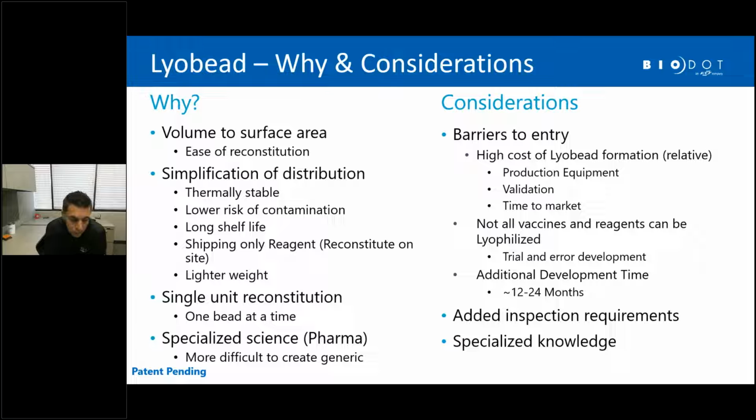But when you start to think about an individual bead as opposed to a cake, there's some pretty interesting aspects to that geometry that can really help. The first and maybe most obvious is reconstitution. Right now you have a 3D structure that can be reconstituted in your solutions at the point of use. That can increase efficiencies, that can decrease time for reconstitution, and ultimately take away a lot of the variability that